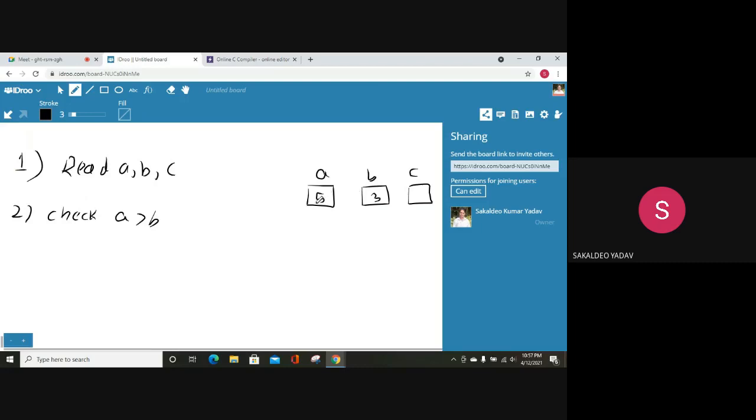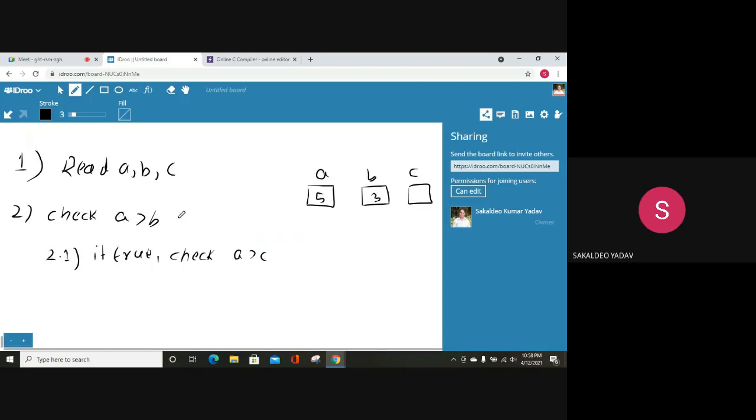then in your next step you check again. If a is greater than b is true, then check whether a is greater than c.